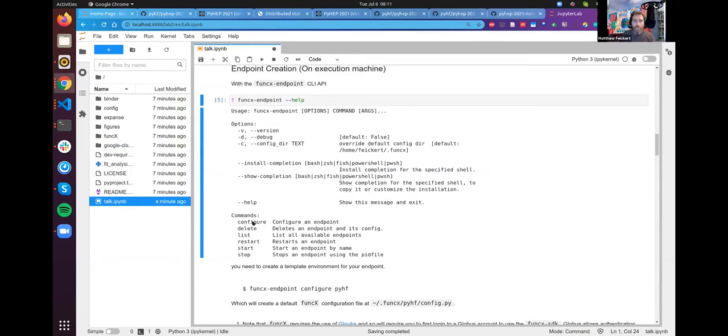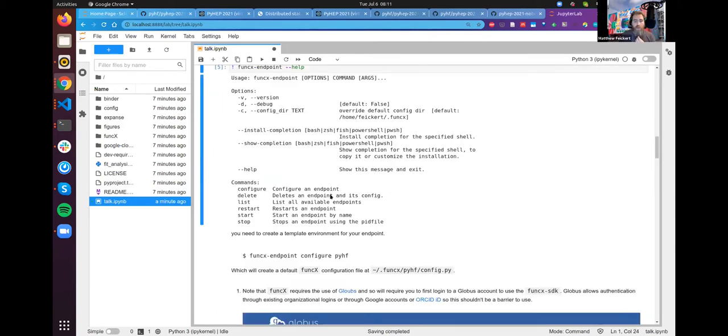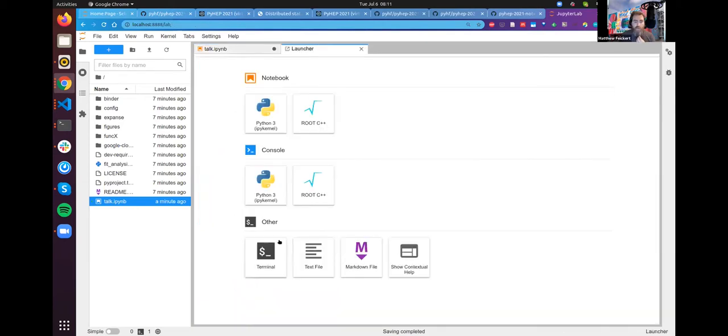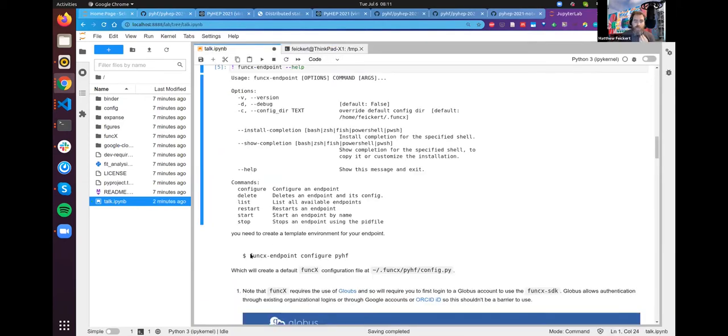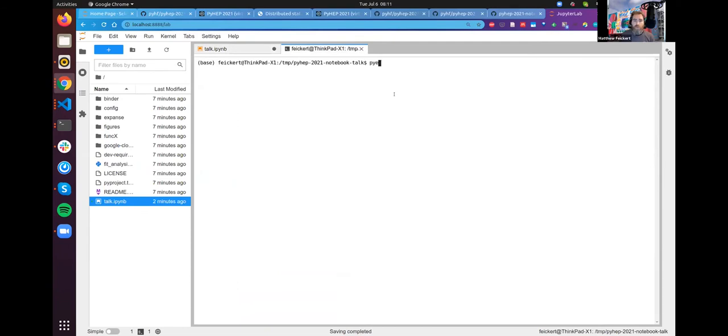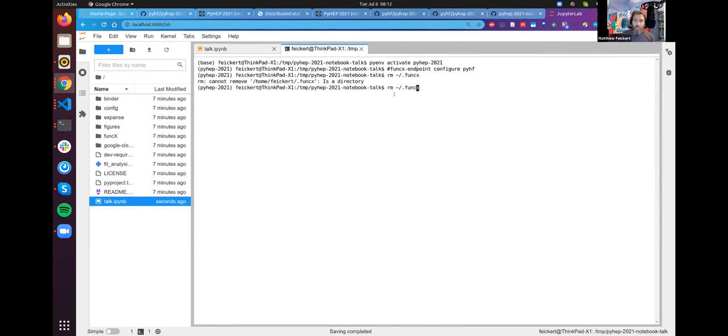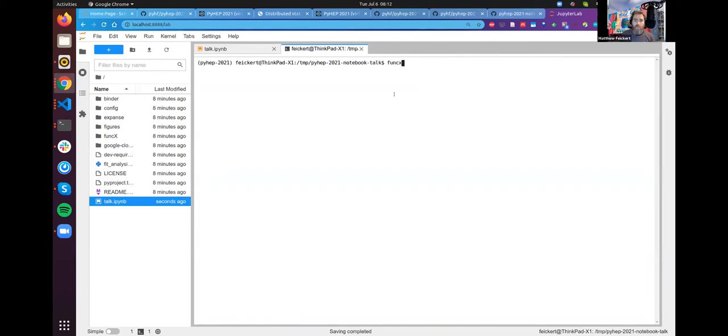The first thing we're going to want to do is configure an endpoint. For this, I'm going to open up a launcher again and open a terminal, because it's going to be considerably easier to run this in the terminal than in the notebook right now. I'll also activate this. Okay, so we're going to run funcX endpoint configure, let me make sure I have this cleaned up so I can make it as similar to you as possible. Okay, so if we run funcX endpoint configure PyHF,